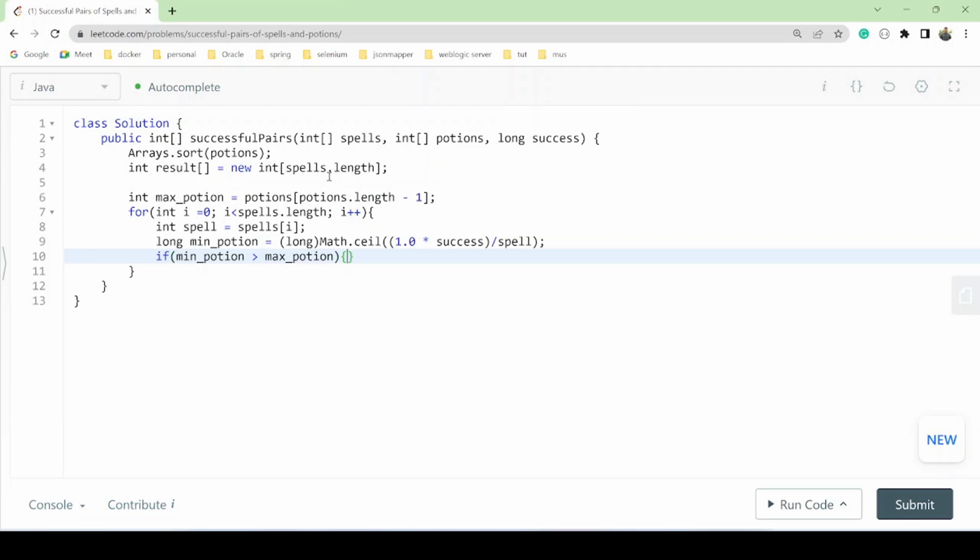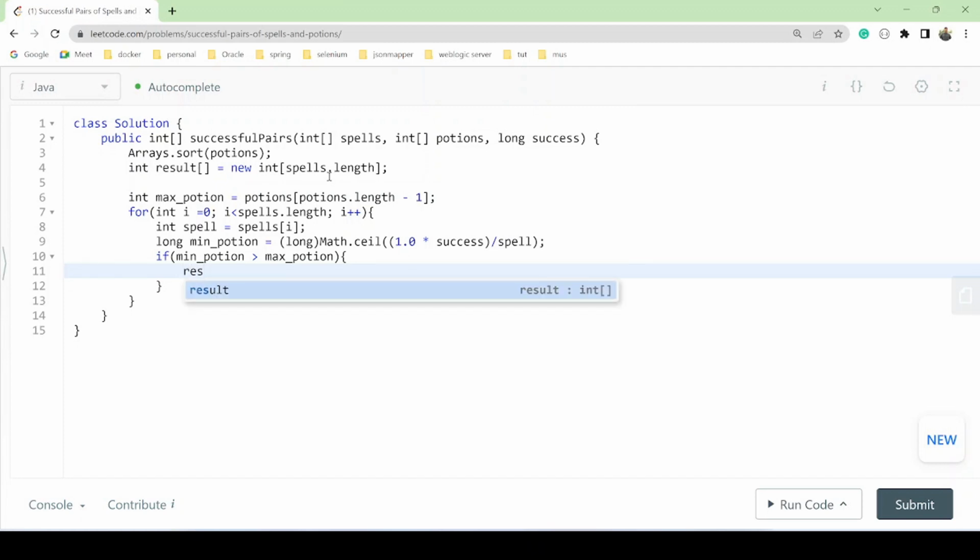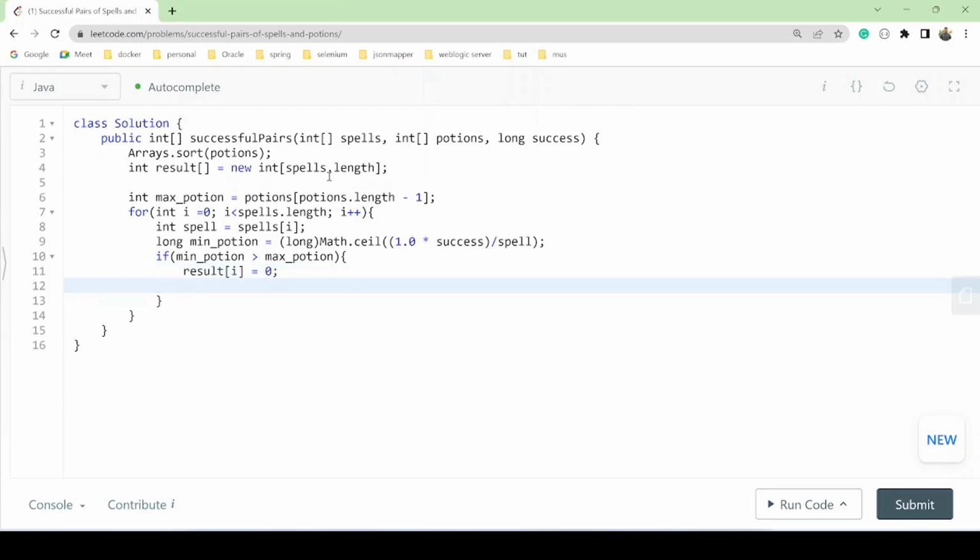If it is greater, then we will make the condition check if we don't have any portions which can be used. So in that case, we will have our result. So this result will store our element. So I'll take initially as 0. If not, we will continue like this. Okay,